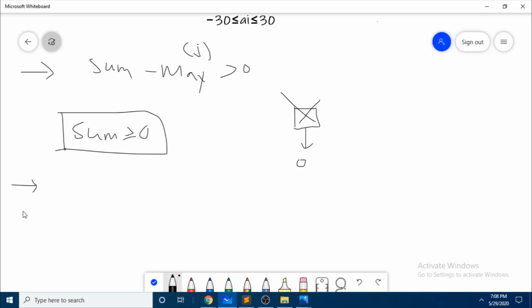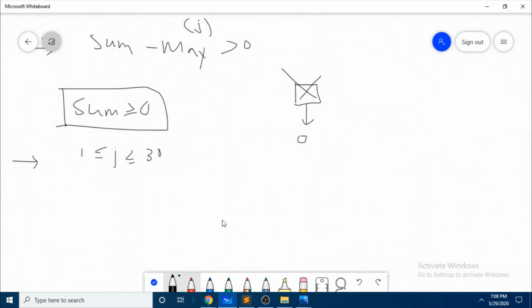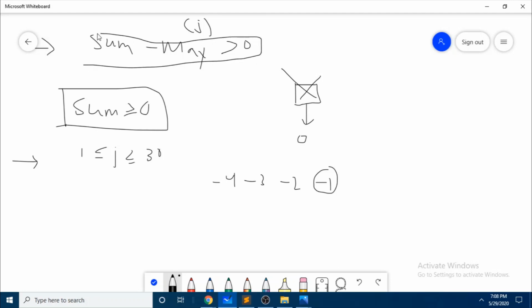So the second note point is that the element Bob will remove in that segment lies between 1 and 30. Why is this? Let's see the case where all the elements are negative and it is the max value. According to Alice, she will choose the segment which satisfies this condition.